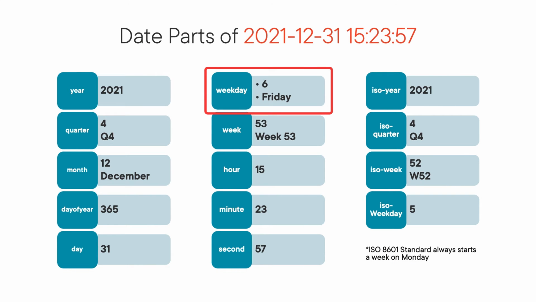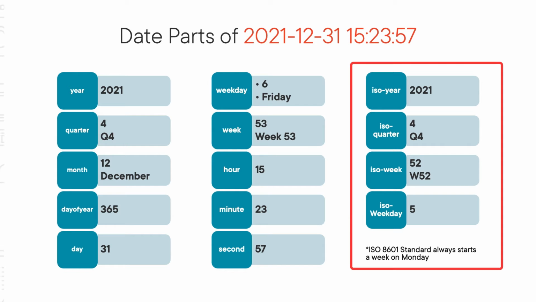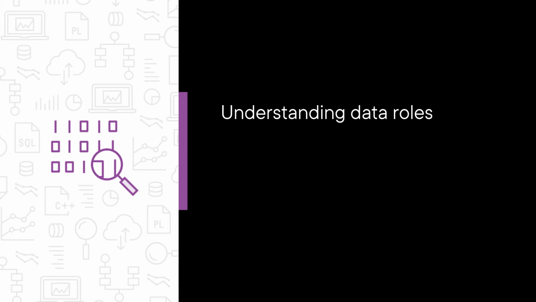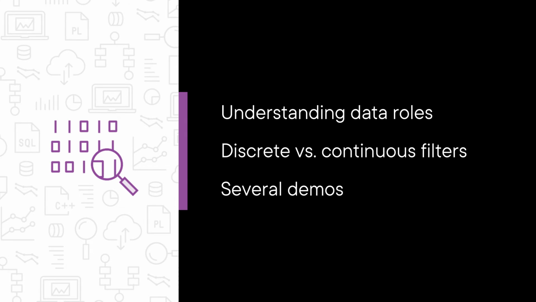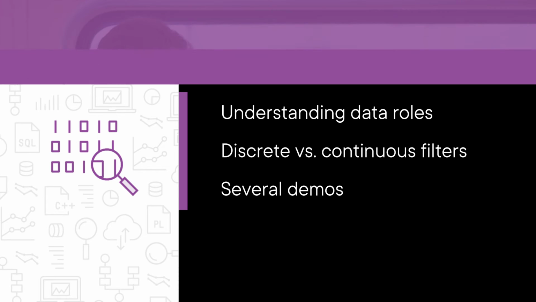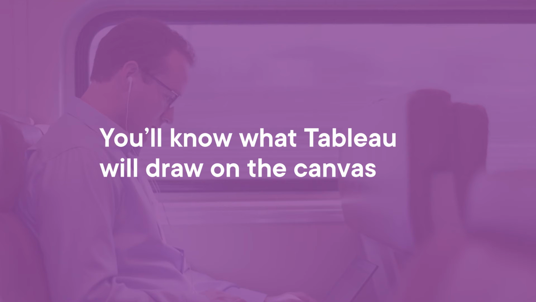In this course, you will learn how to know what Tableau will draw on the canvas before you even drag and drop. Some of the major topics we will cover include understanding data roles in Tableau, learning about discrete versus continuous filters and color legends, and finally, we will explore all of these concepts with several demos. By the end of this course, you will have the skills and knowledge to know what Tableau will draw on